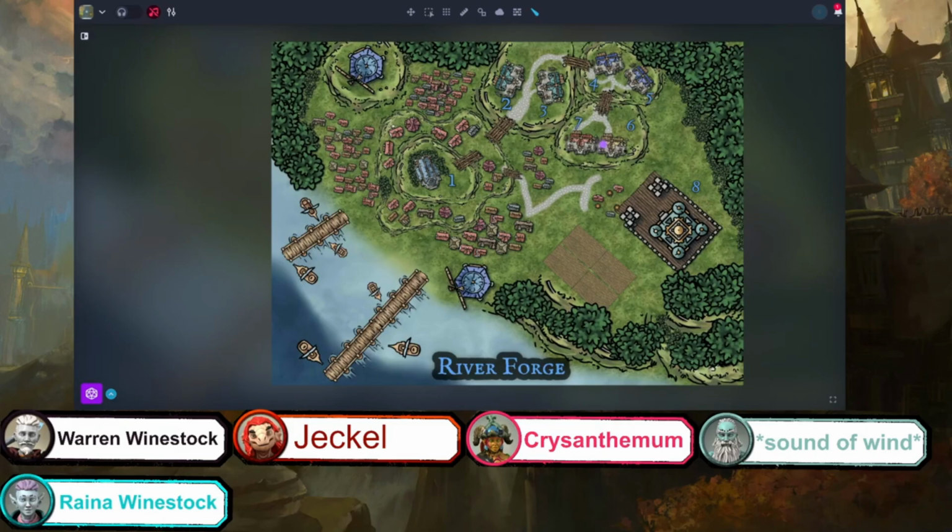I have a question. Ask away. In River Forge, what is the most common race? So, I have this in my notes.